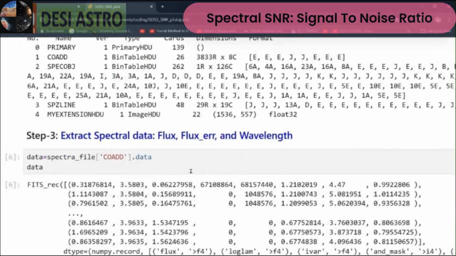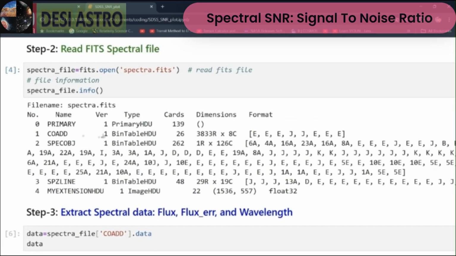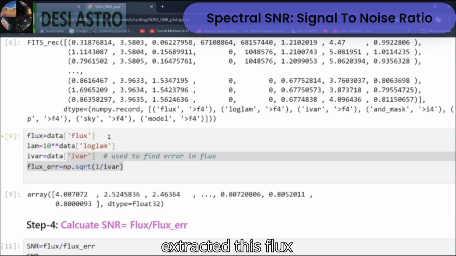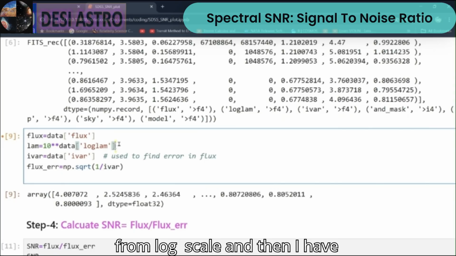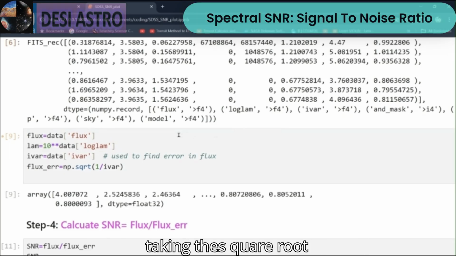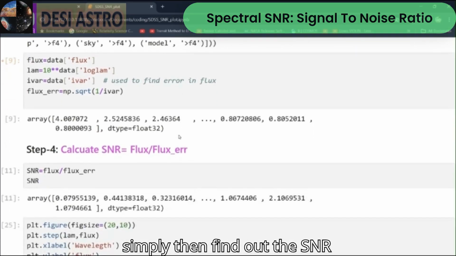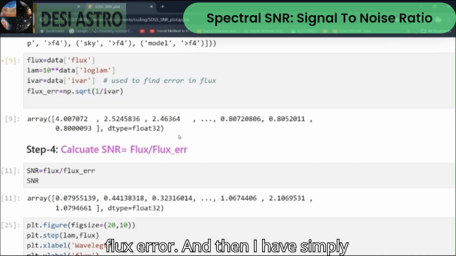And after that we have extracted the flux value, flux error and wavelength from the coadd HDU, and then I have extracted the flux and wavelength on the linear scale from log scale, and then I have extracted the ivar column, which is used to compute your flux error by taking the square root of the inverse, right? And then I simply found the SNR from this formula, flux divided by flux error,